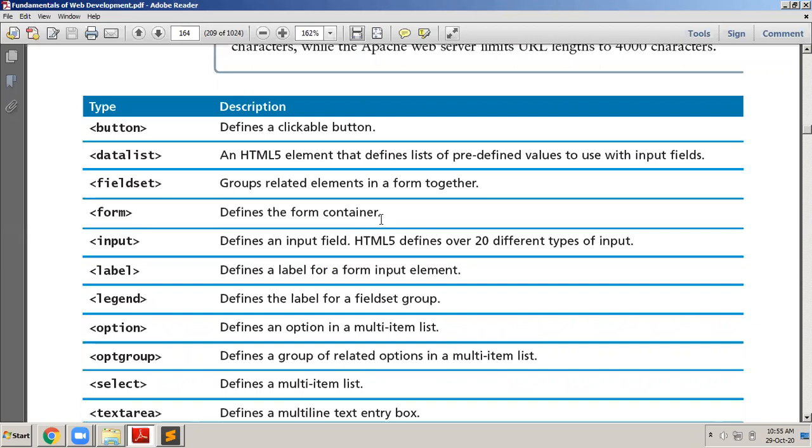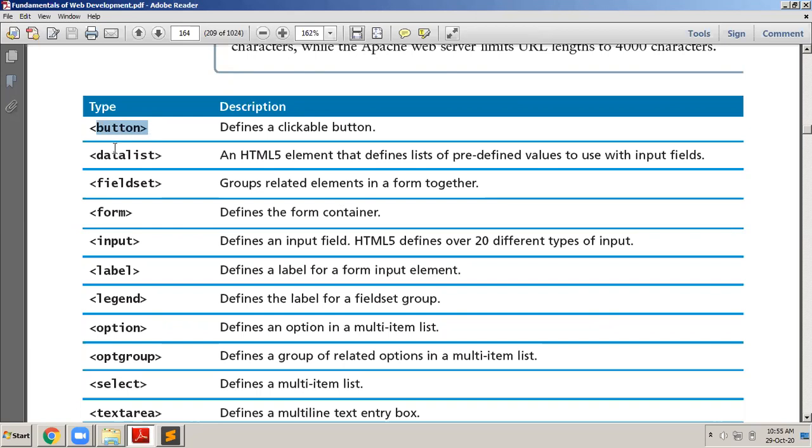Which are the different types of user controls? I told you we have text boxes, combo boxes, radio buttons, check boxes, text areas, all that I told you. But exactly speaking, how many categories are there? I told you that I have a category of buttons. Buttons are of different types: I have a simple button, a reset button, a submit button, all that.